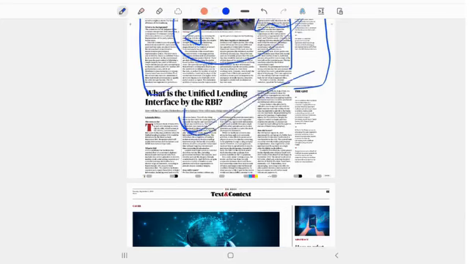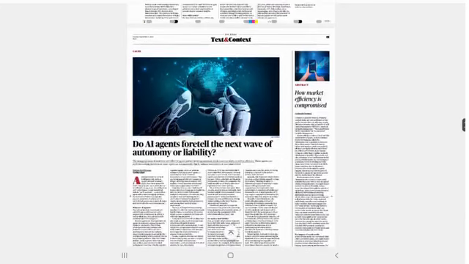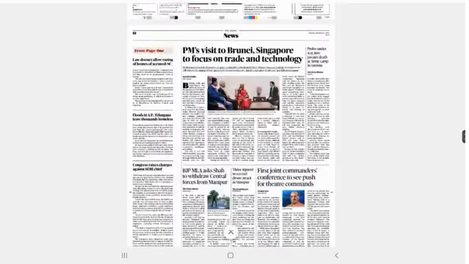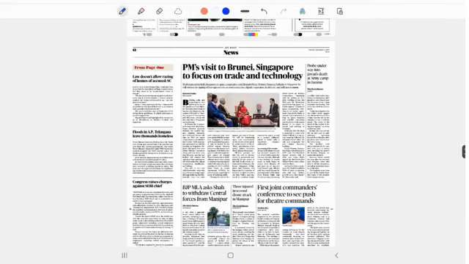economy news. Science and tech news, you have to read. PM visit to Brunei, Singapore to focus on trade and technology. This is new. Important. This is BJP MLA asked Shah to withdraw central force from